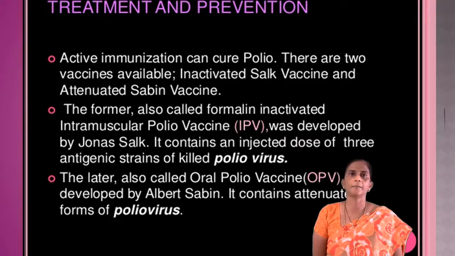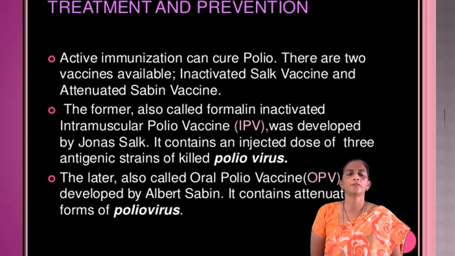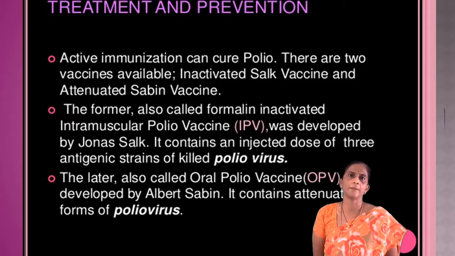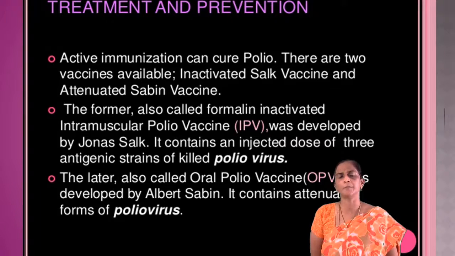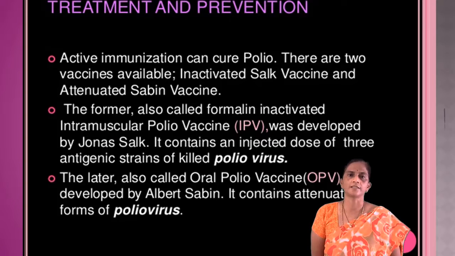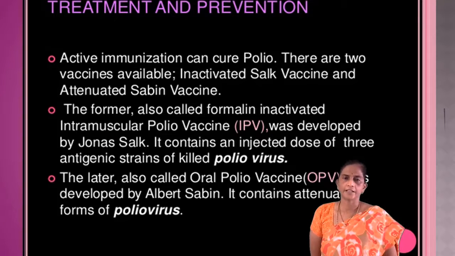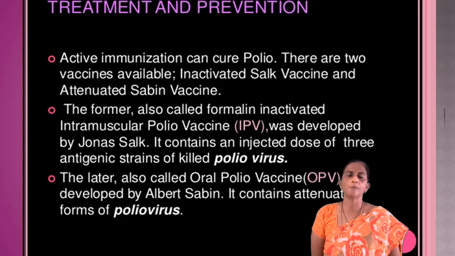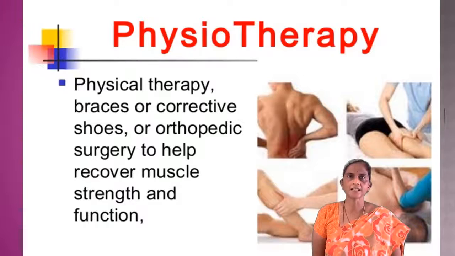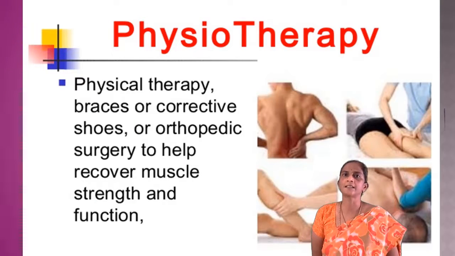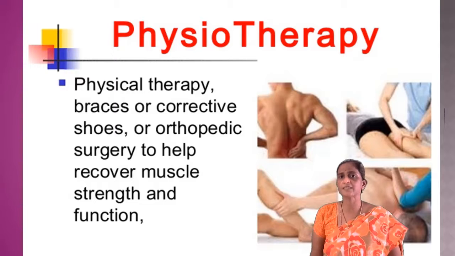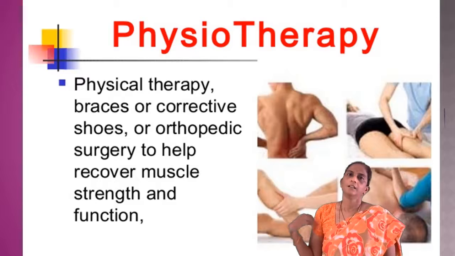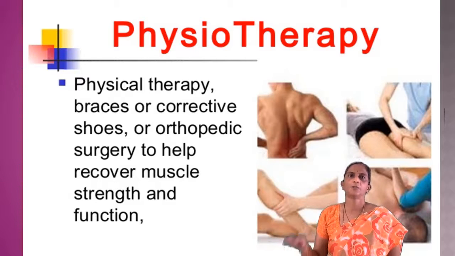Next, coming to the treatment. What treatment do we have to give to the polio affected person? That is antibiotic therapy for urinary infection. There may be itching in the urinary gland and urinary secretions. So the patient can be treated for urinary tract infection using antibiotics, and we have to apply moist heat. That means heat pads and warm towels to reduce the muscle pain and spasms. Spasms means stiffness of the muscle. If the person gets spasms in a limb, then we keep a warm towel to reduce the muscular